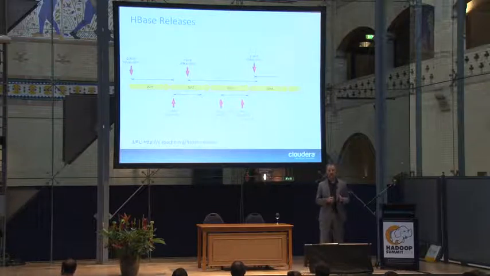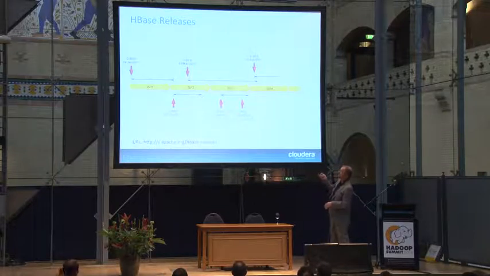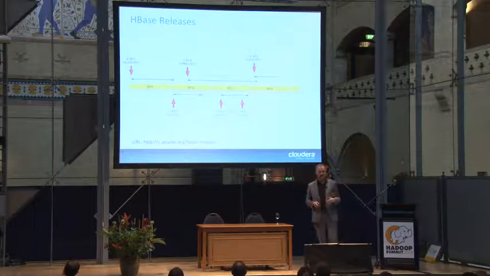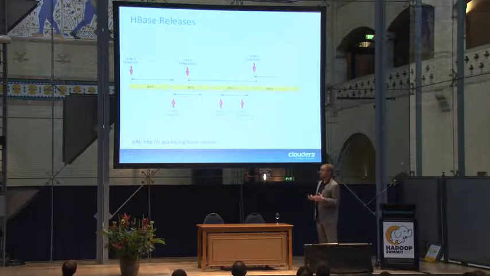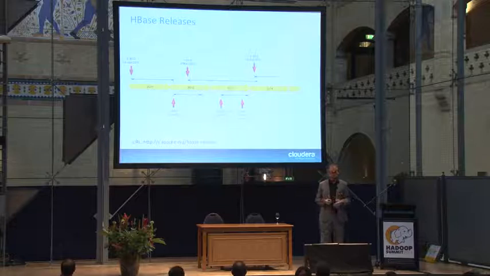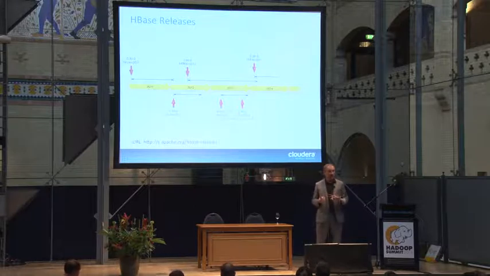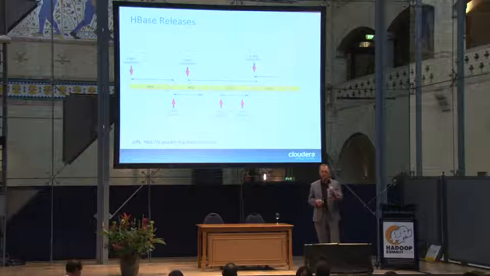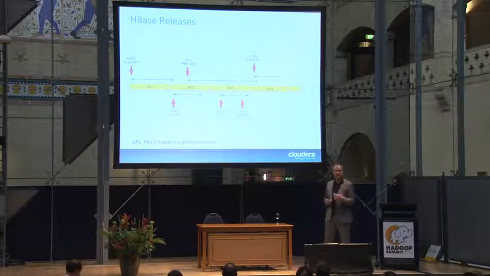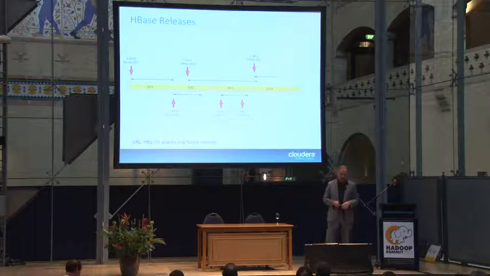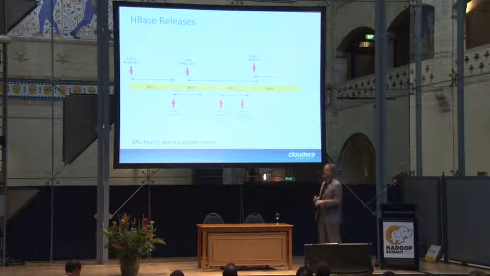Half a year later, we started with 94, but 94, on the other hand, if you have a look there, lasts much longer. It still lasts, it's still ongoing. That can be attributed to the release manager, Lars Hofhansl from Salesforce. He's really driving this forward. He's using 94, I guess, in production for Salesforce, and so he's keeping on adding what is interesting. I just see less and less of what he adds, but he's keeping on releasing those versions, and they're up to like 0.94.16 on that one. That's unheard of. All the other ones stop after a couple of iterations.